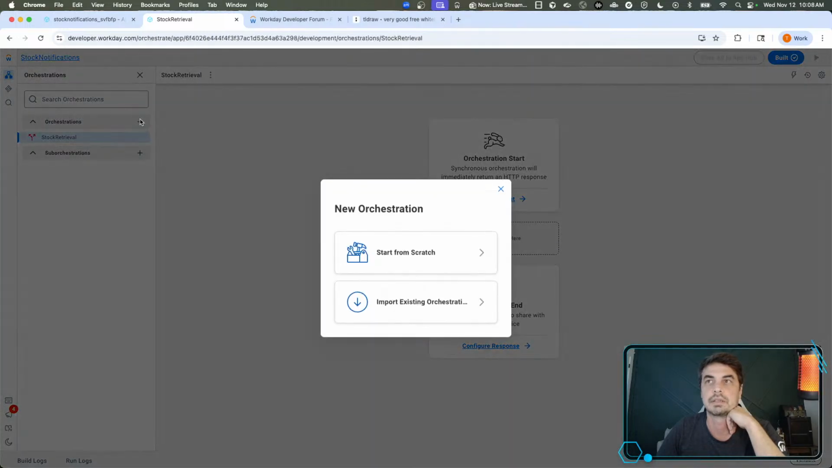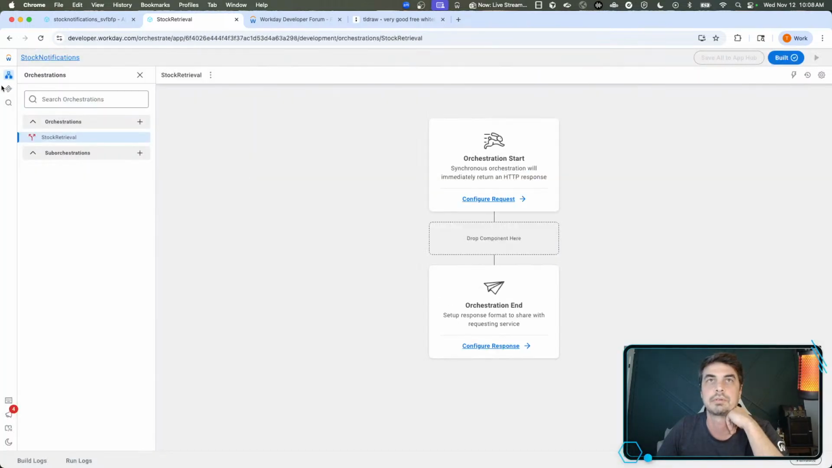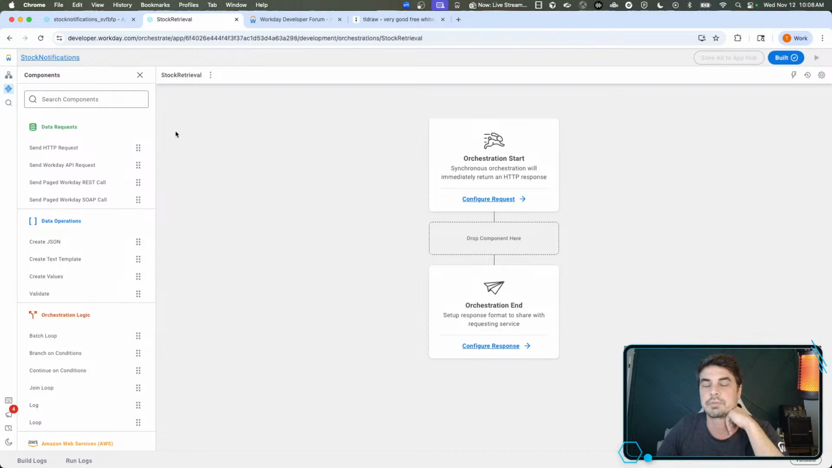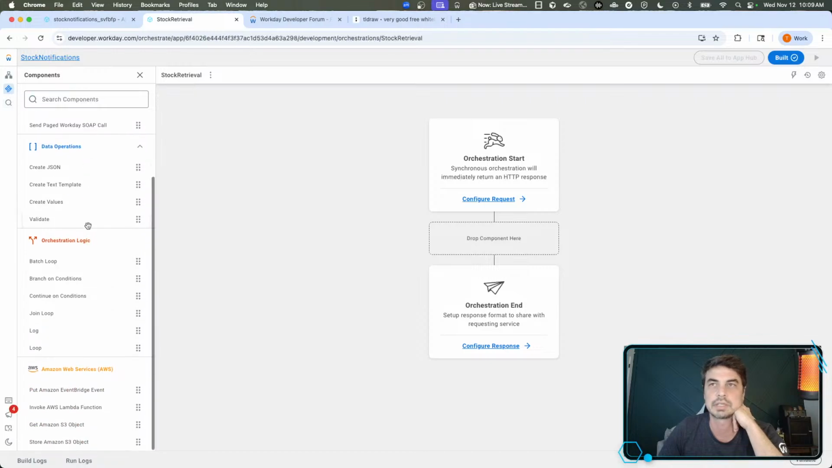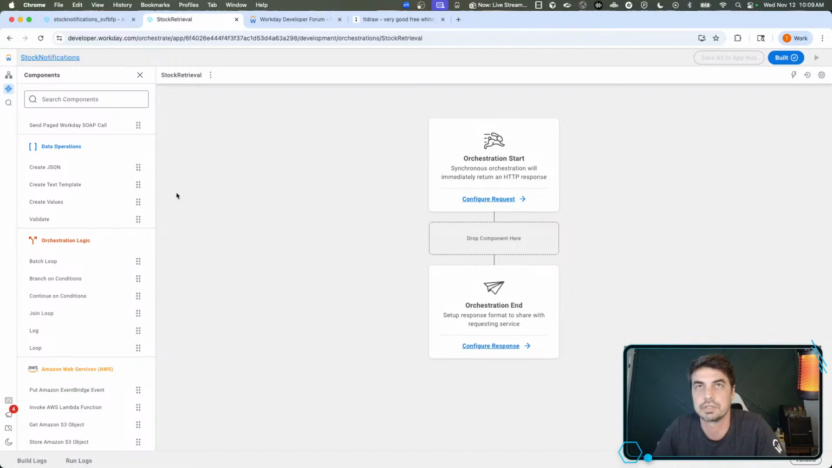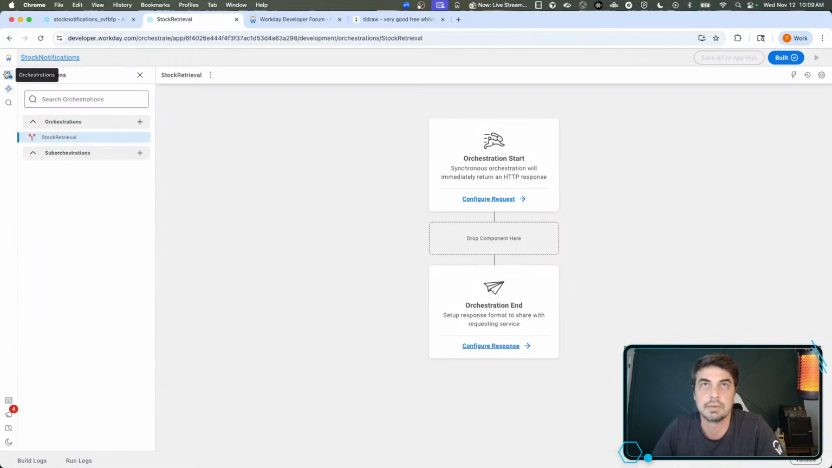I can add components. And if you're not familiar with the orchestration builder here, over on the left is going to be all of your components that you're able to drag and drop and create very low code orchestration integrations. Up at the very top, you can see all of your orchestrations that you have built, as well as sub orchestrations